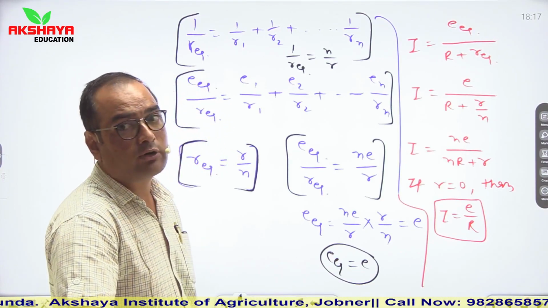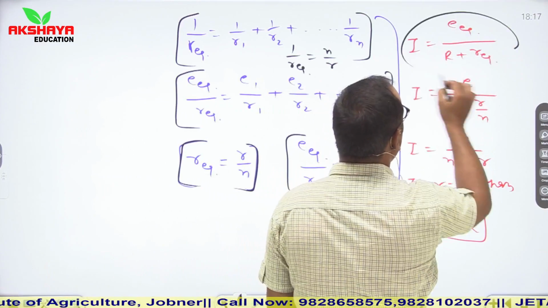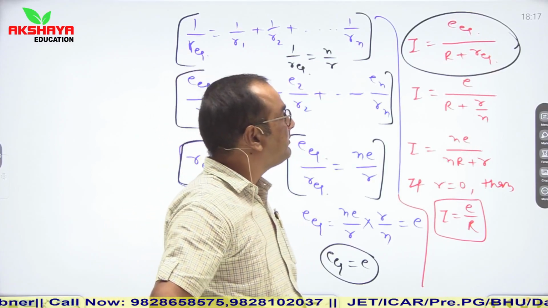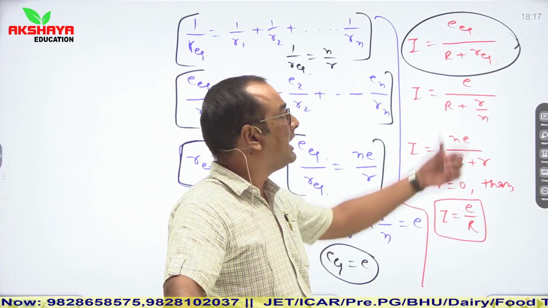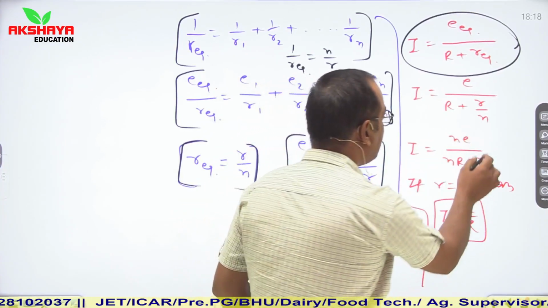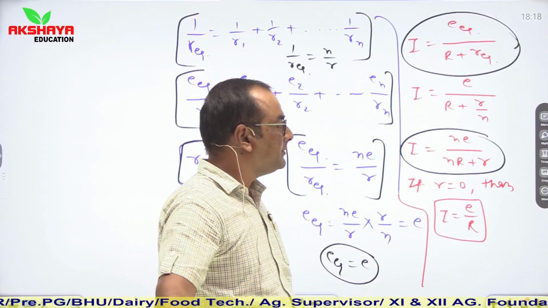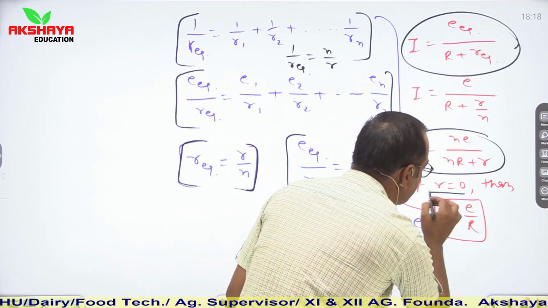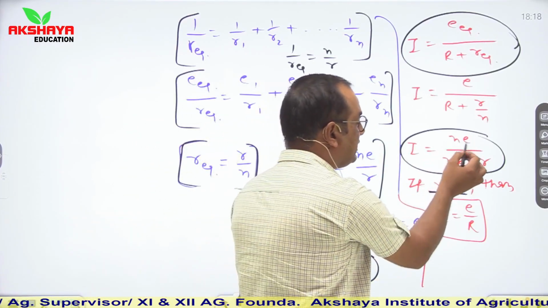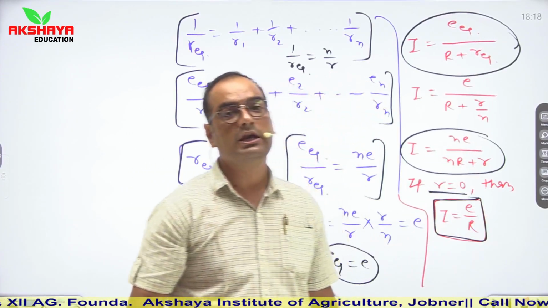Similarly, if I use the concept of finding electric current through the load resistance, then this can be achieved by using the relation I is equal to E equivalent upon capital R plus small r equivalent. So see again, E equivalent is taken as small e, R equivalent is taken as small r upon n. If I take n as LCM, then our relation is found to be I is equal to nE upon n into capital R plus small r. Clear? And again, if I consider that internal resistance of the cell is 0, then it is nE upon nR.